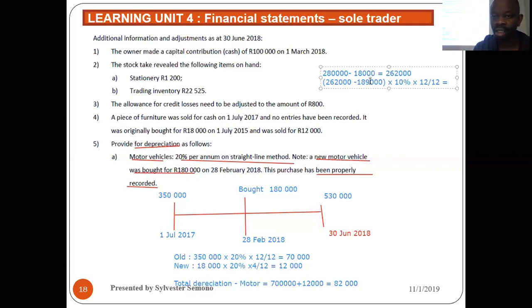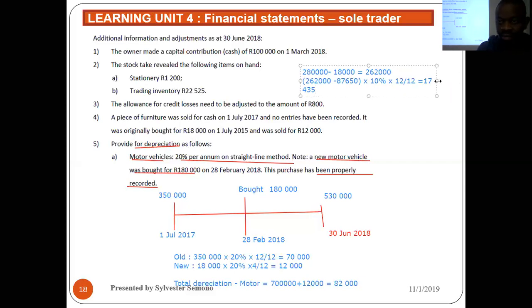It's not 189. For furniture, it's 87,000 only. Yes, so that's 262.13 minus 87,615. We get 17,000. 17435. That is the